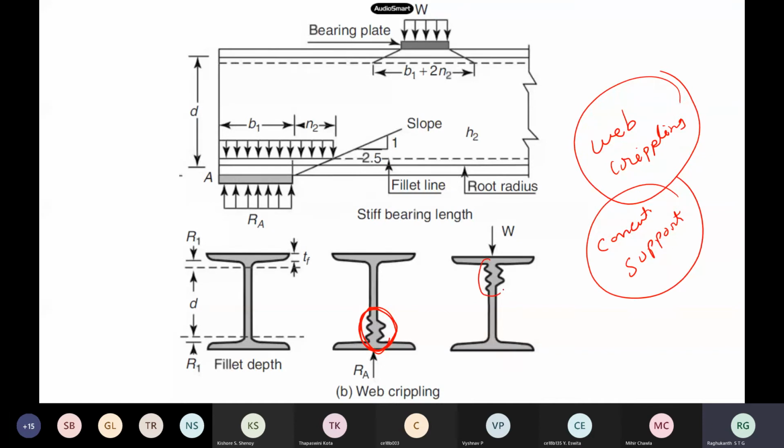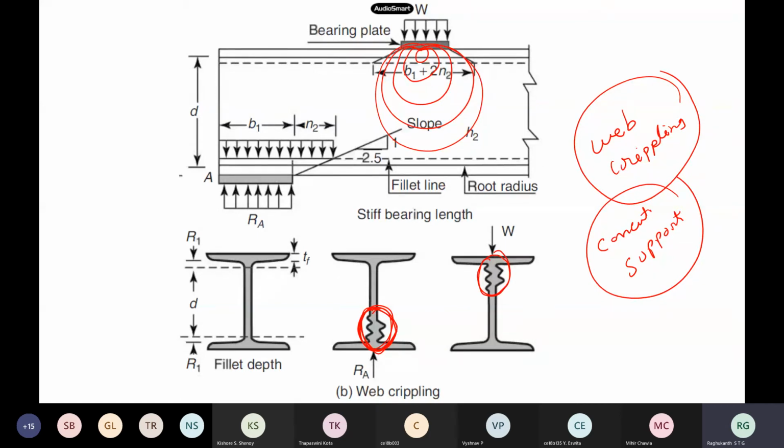So in the web, the small portion, you will see this type of crippling. The code also gives, as I already told you, for concentrated loads it is very difficult, because the stress distributions are not like what you have studied in mechanics. You have to do advanced structural mechanics, where you throw away the plane sections assumption and use an original derivation, and only then will things be valid. The stress distribution will be like this actually. So radial stresses and other things come into the picture here.